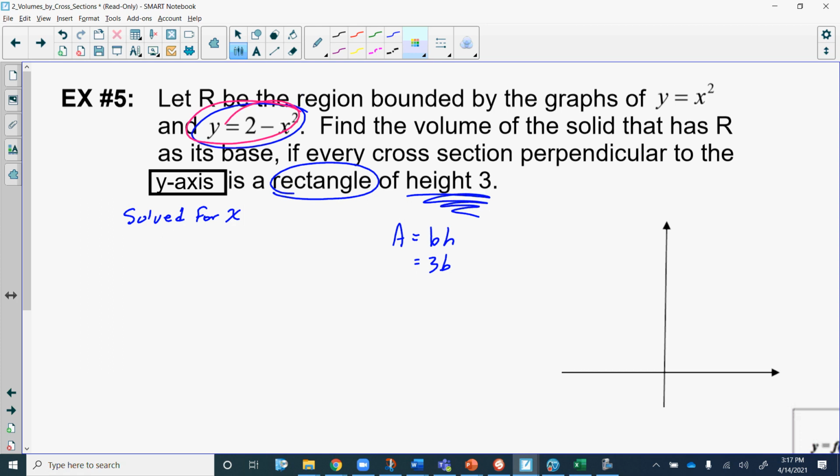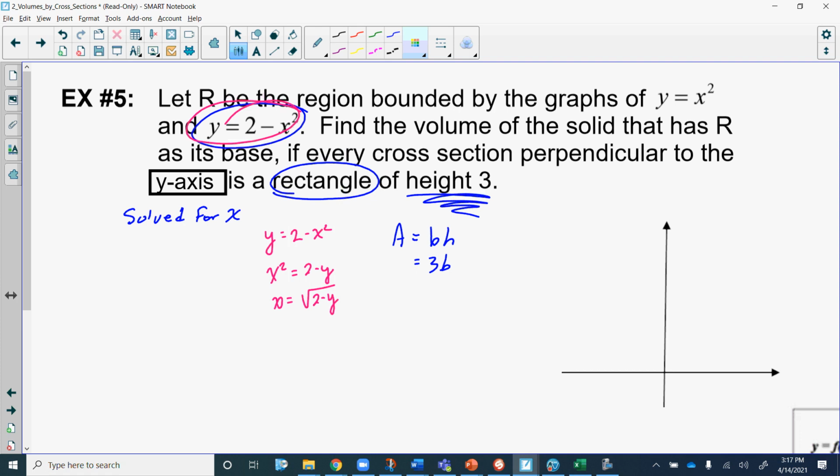Let's take that expression and solve it in terms of x here. So we have y equals 2 minus x squared. So that'll be x squared equals 2 minus y. So x will be the square root of 2 minus y, and that's essentially what the base is going to be, because when we're doing